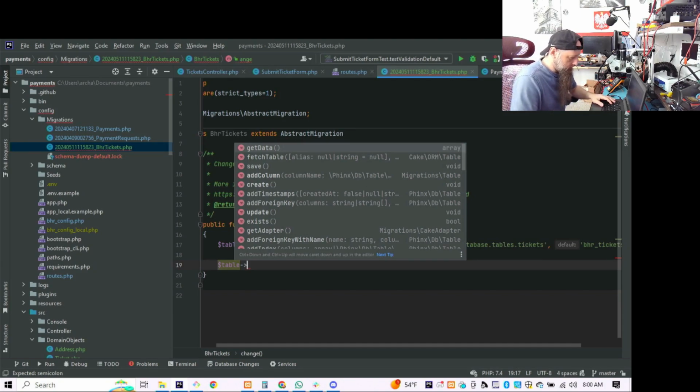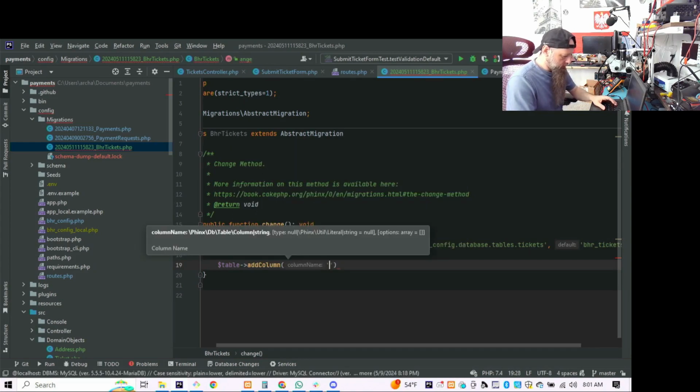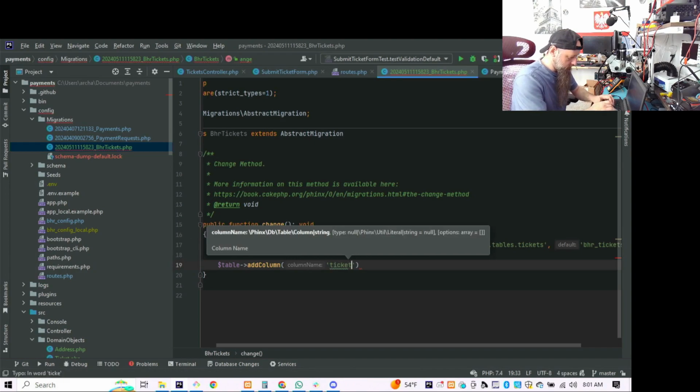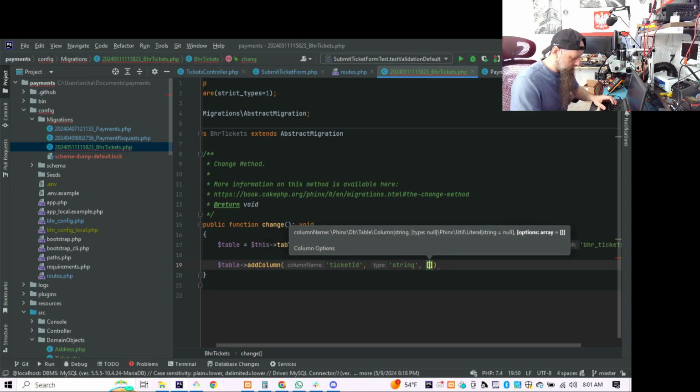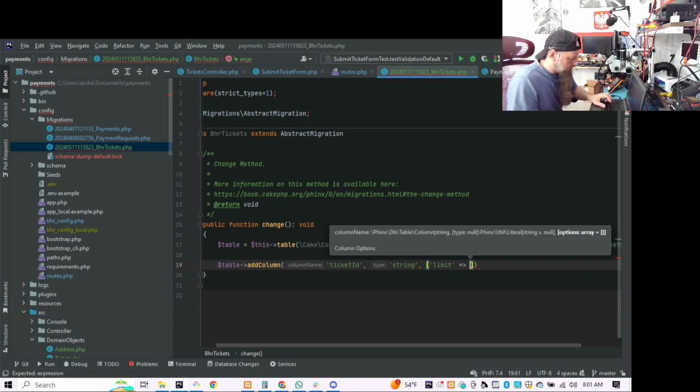Now this by default will have an ID, the primary key integer ID, which is what we want. So let's add a column which will be ticket ID. This is the equivalent of track ID in Hesk. I want to call it ticket ID. This will be a string, and the limit on it will be, I want to keep tickets the same as I have them in Hesk, because I already got used to it,